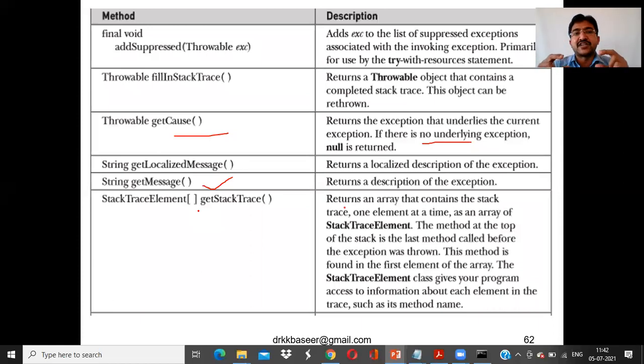Like this, if you want to give a detailed description to the user, then you can use this type of exception, that is getMessage, or you can use getCause. Or else, to define clearly at which line and for what purpose the exception has been raised. Say you are shopping on Amazon, and suddenly an exception occurs because the product is not available. At that time, the Amazon app has to tell you clearly that the stock is not available, which is why you are not able to order the product. If they say it clearly, then the user can understand very clearly.